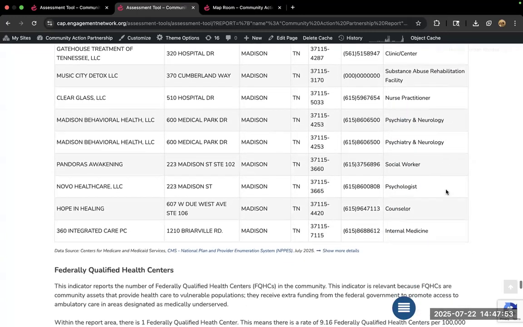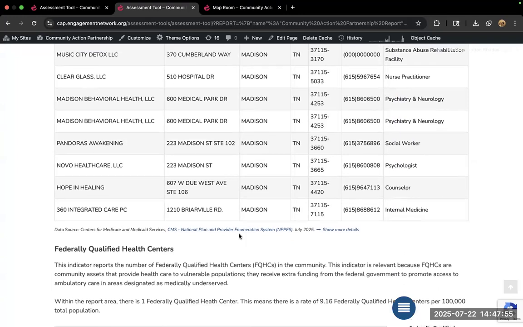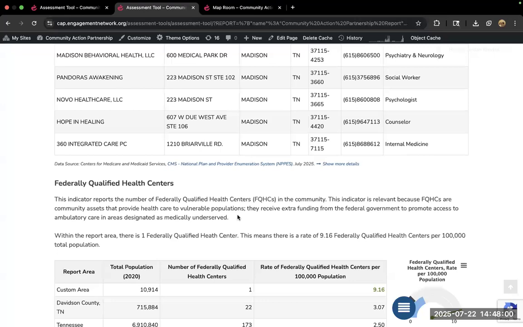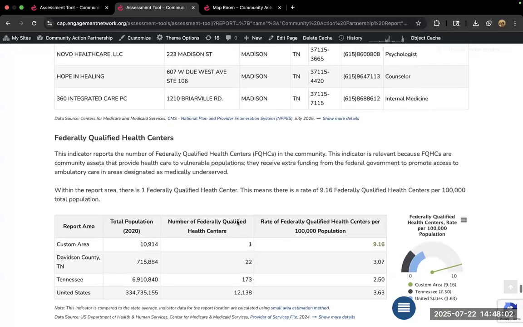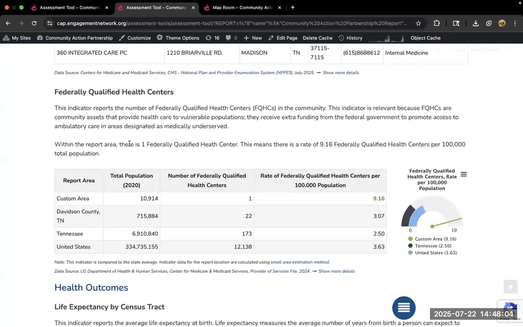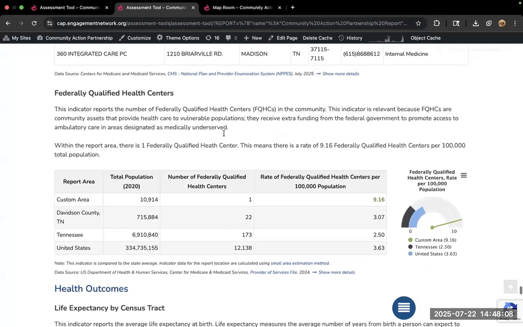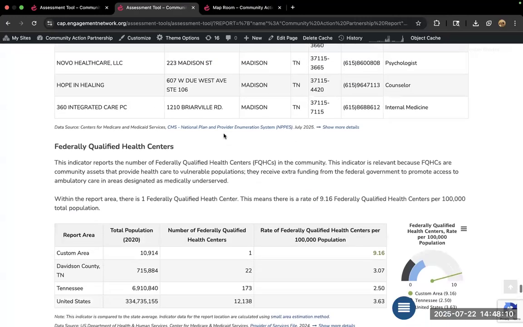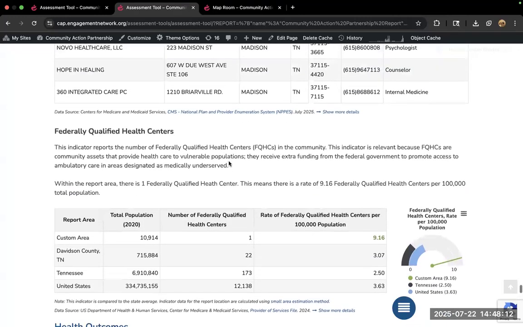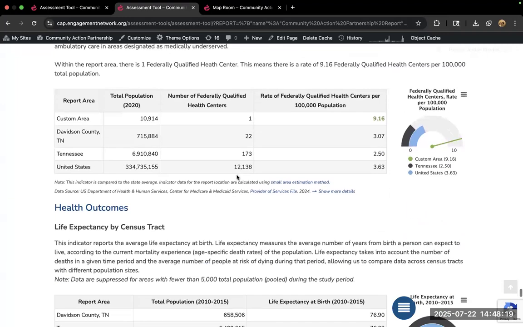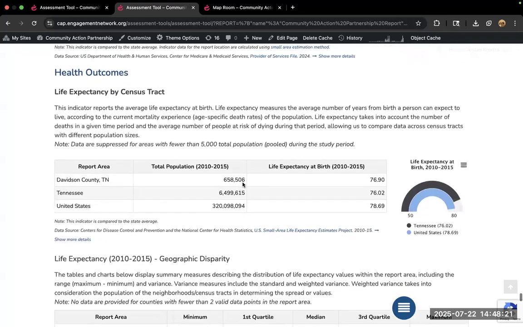So I really encourage you all to go down and dig through some of those healthcare provider indicators, because they are truly awesome. We also have federally qualified healthcare center data, which is pretty new. And the map is not popping up for us right now, but that's another one that is very, very fun to explore. Our last one that we'll look at is our life expectancy.